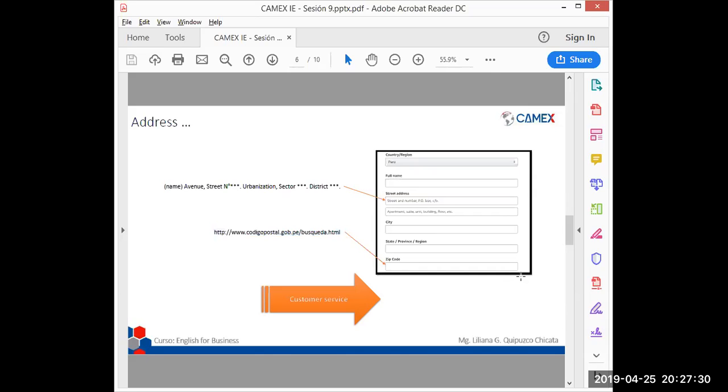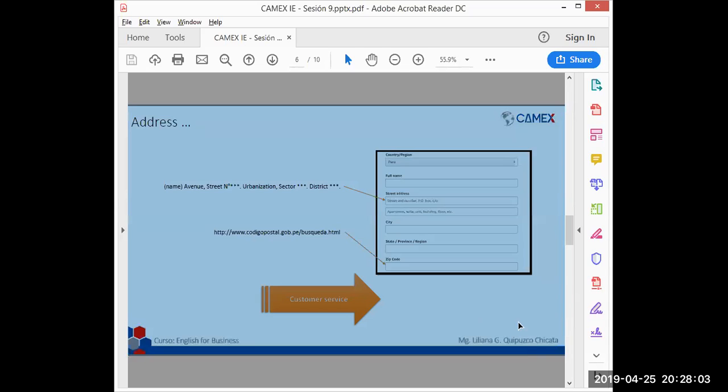So it is less possible that they are going to miss the place that you live and you are not going to be able to get your product. Okay, so if we put our zip code, it is easier for Serpost to find our address and send our product to us. So let's remember that if we have any kind of problem with our address, with logging in, or just buying, we can always contact the customer service. Okay,